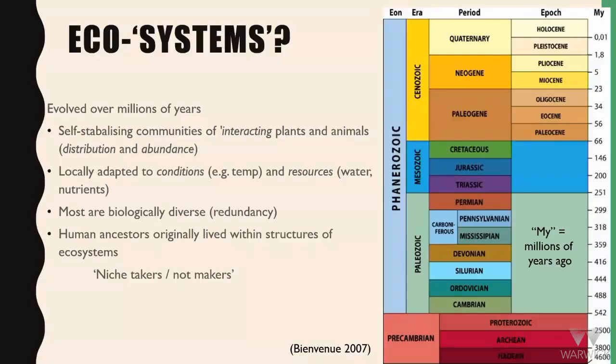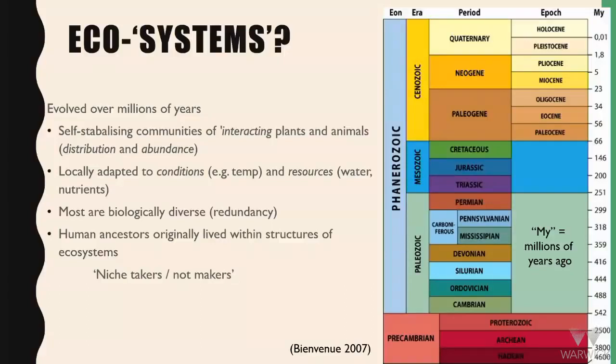Can anyone remind us about the idea of redundancy? Particularly anyone who did ecological principles. Joe? So redundancy is the fact that the more biodiverse an ecosystem is, so the more functional diversity it has, the more species there are to take over future niches if one goes extinct. So, yeah, it's more likely that another species can come in and take over the niche. Nice, yes. So more things performing similar functions, so the depletion isn't a problem, and we can have greater stability.